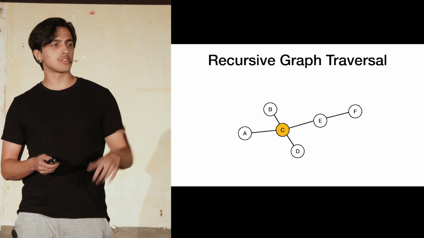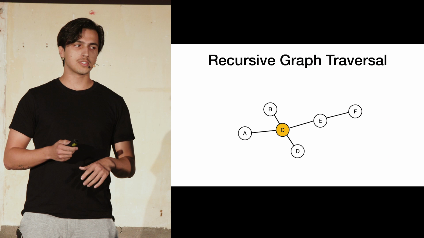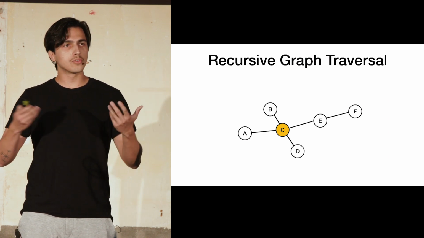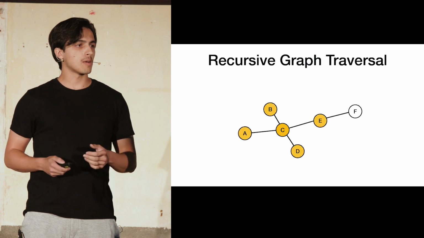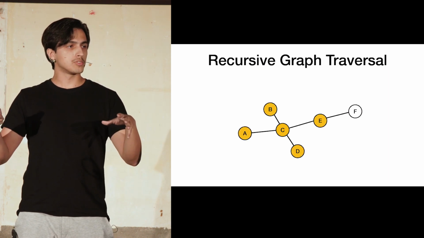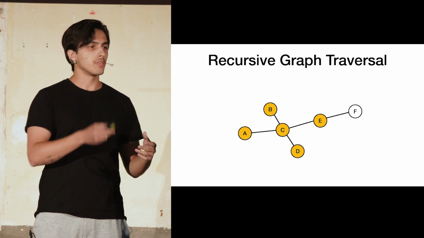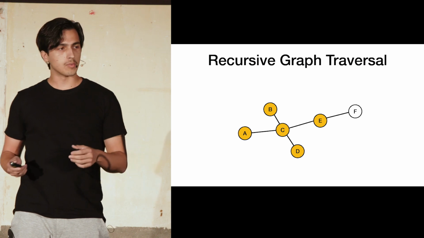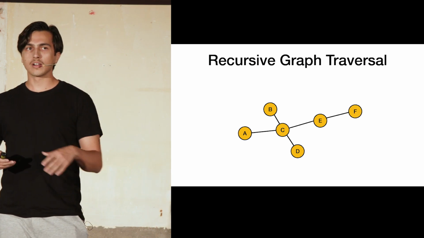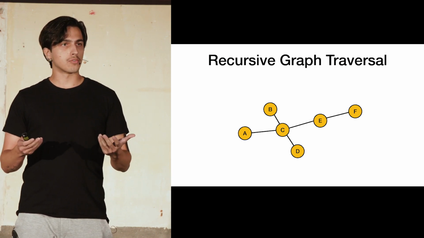So in this case, we have this very small graph with just a few nodes, and we have the starting node C. And from that, we perform an iterative exploration of this graph to compute some properties. So for example, here we go breadth first. We explore all of the edges reachable from C. So in the first iteration of our computation, we discover the nodes A, B, D, E, and we do something with them. And then we perform a second iteration of our graph to reveal the final node F and arrive at the final result for the computation.